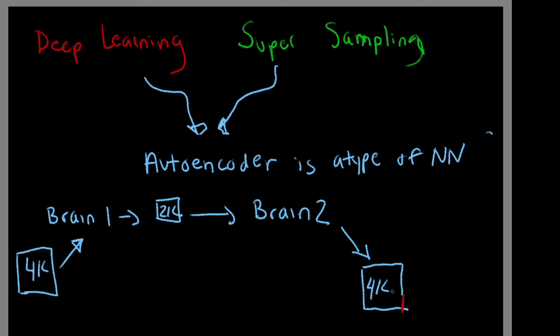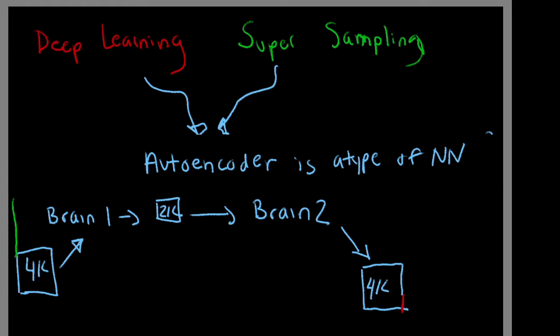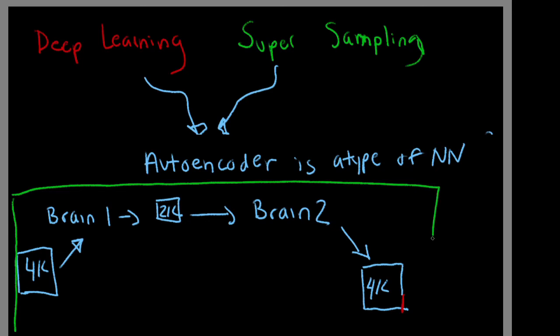And so this whole thing, this is our autoencoder. It is essentially a compression-decompression system where brain 1 compresses and brain 2 decompresses. And so if you've been paying attention, maybe you might have the aha moment here that what DLSS is, at the end of the day, is your GPU is equipped with just this portion